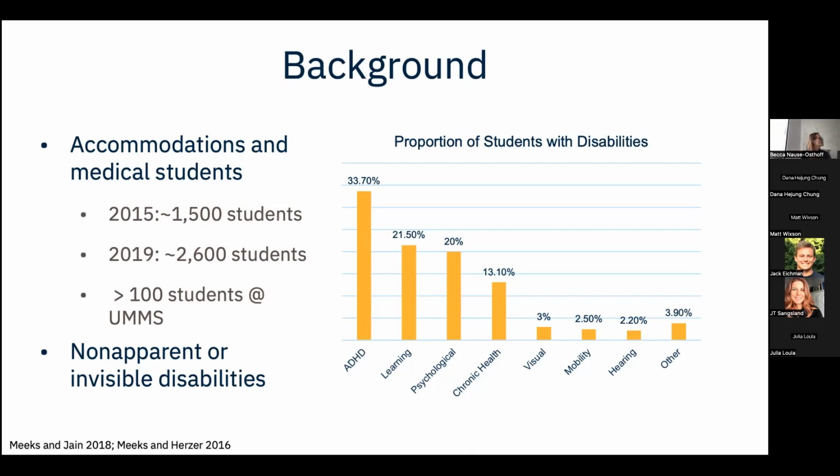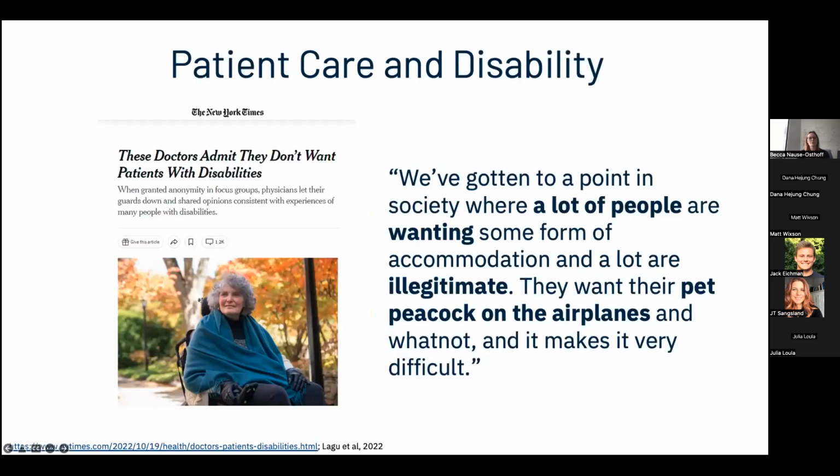But you can see from the work by Meeks and Herzer in 2016, within the proportion of students with disabilities in US MD granting programs, the largest proportion were non-apparent or invisible. And this preponderance of invisible or non-apparent disability applies to non-medical students as well. It's estimated that 96% of disability in United States adults are invisible or non-apparent. And you can also see that 20% of the disabilities are psychological in nature. And so it's easy to imagine that this number might actually be even